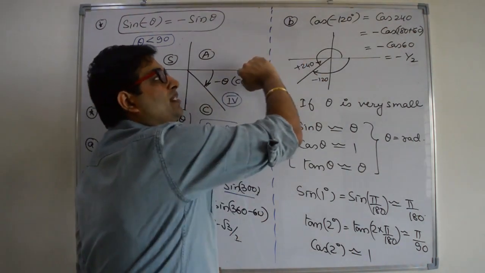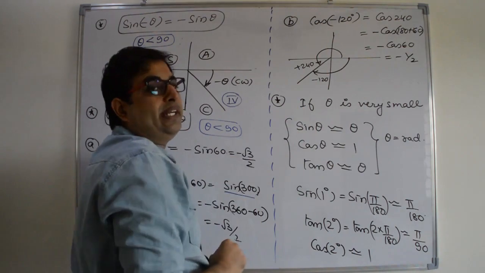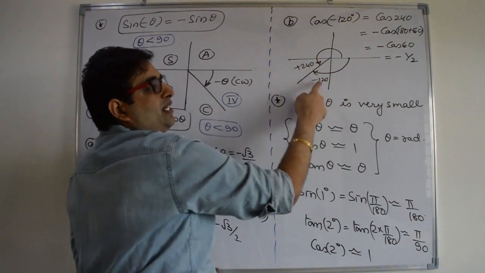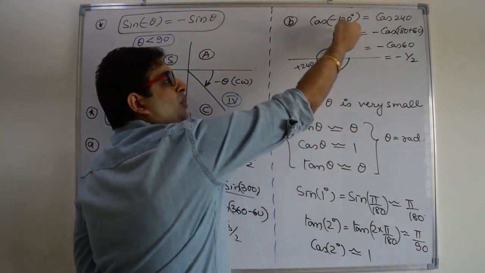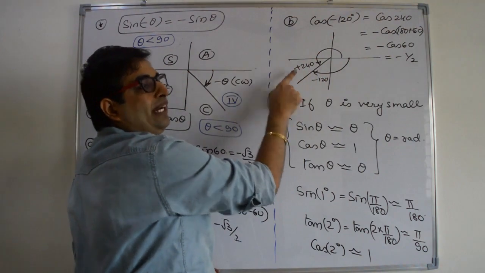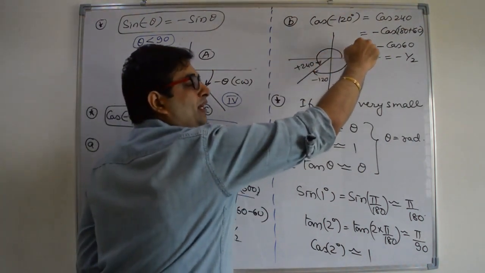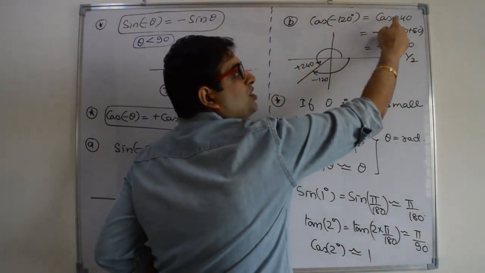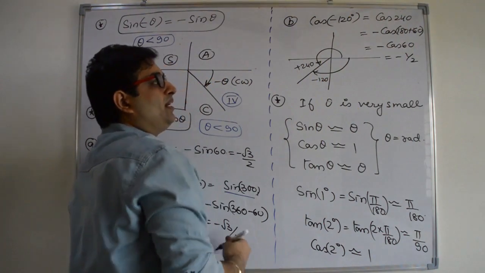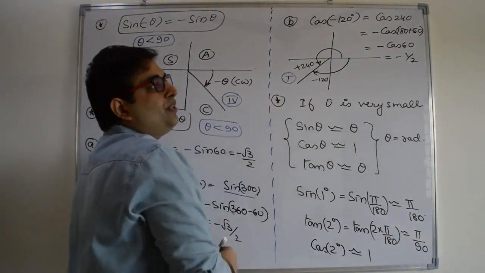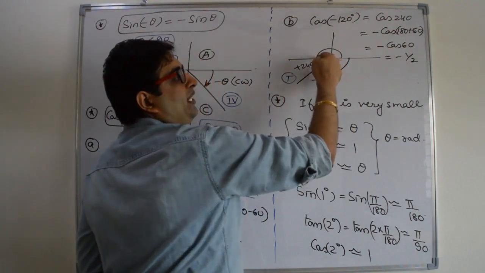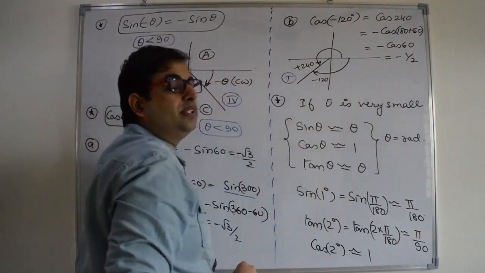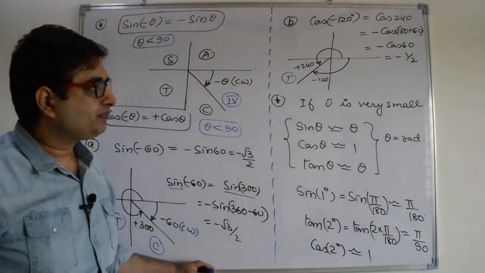Let us take one more example, cos minus 120 degrees. Here the angle is more than 90, right? So clockwise it is minus 120, anti-clockwise it is 240. If you add them, you will get 360. So instead of calculating clockwise, I am calculating in the anti-clockwise sense. So it is cos 240, and because it is the third quadrant, cos is negative. So minus cos of 180 plus 60, we will get minus cos 60, that is equal to minus half, right?